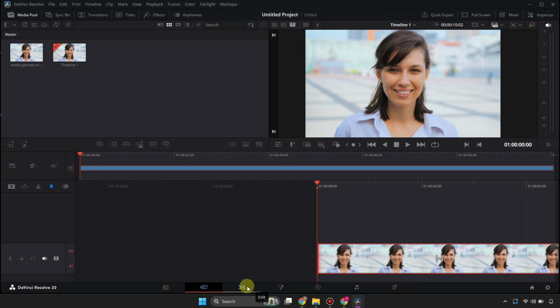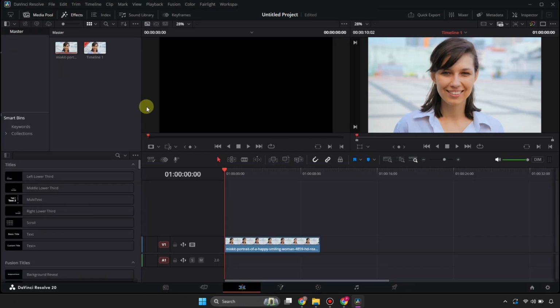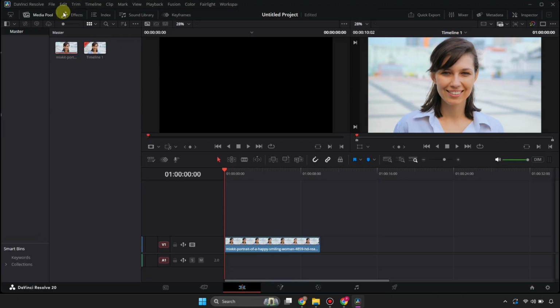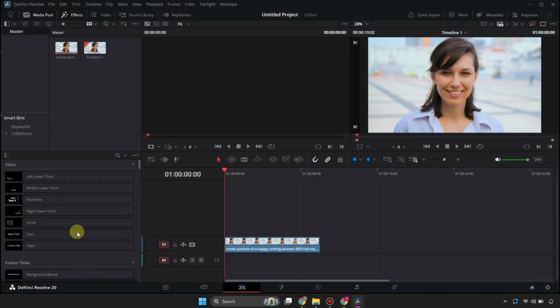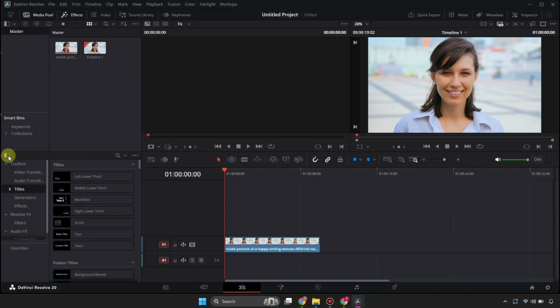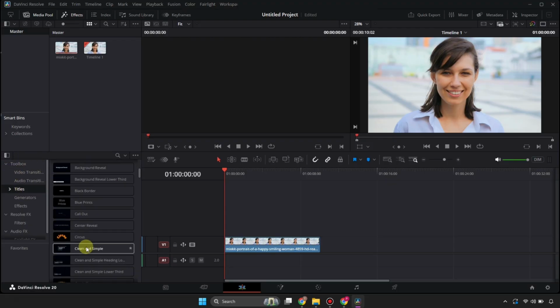At the bottom you can see we have different options. You have to go with this one, which is called the edit. As you click onto it, you will get into the edit mode. Once you get into the edit section, you have to click on this option effect, and further at the bottom you will see these options will come up. Now you have to click on this icon and then you will see this option for the text,